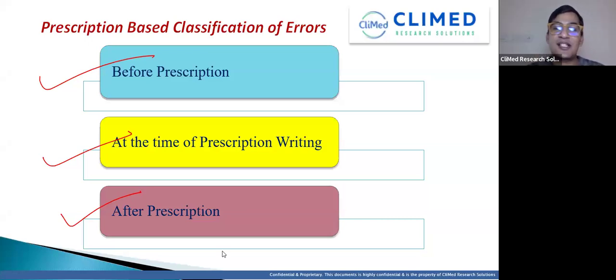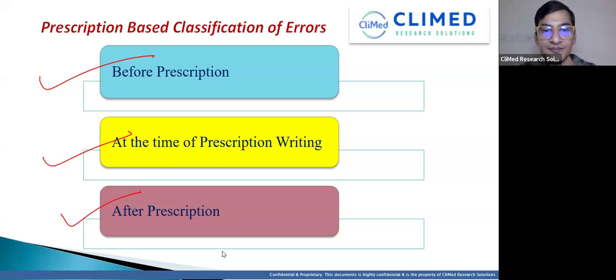At the time of prescription, can anyone tell me what the prescription errors are? I mean, prescription errors at the time of writing the prescription. Insufficient patient past medication history, okay, that is patient related. Wrong diagnosis. Wrong medication abbreviation of the drug. Dose without indication. At the time of prescription, like diltiazem as diazepam. Writing the wrong prescription frequency. Okay, got it. After prescription,